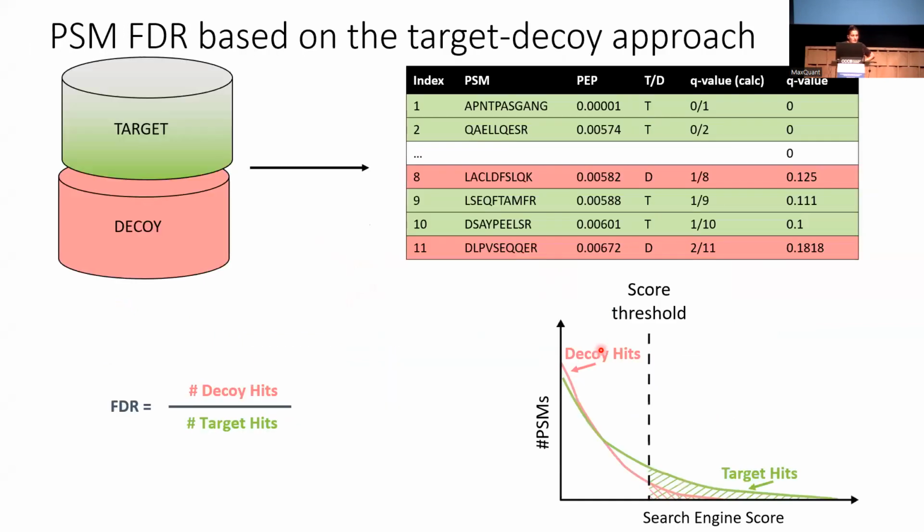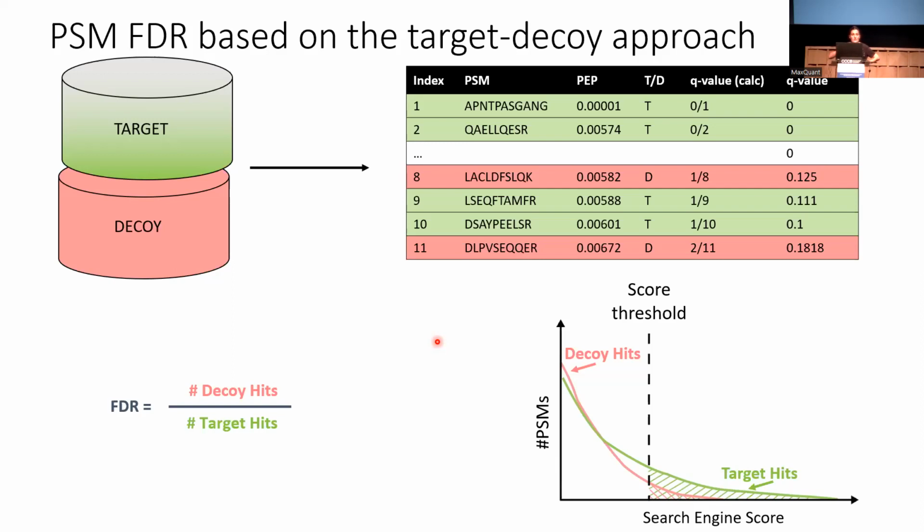So again, I was spoiling it from the beginning, but I didn't actually say how we do this FDR because I wanted to talk about this PEP score first. So now you have, for each one of the identifications, this PEP score. Now what we are going to do is sort this matrix of identifications based on this PEP score. And then after sorting, you go one line at a time until you reach